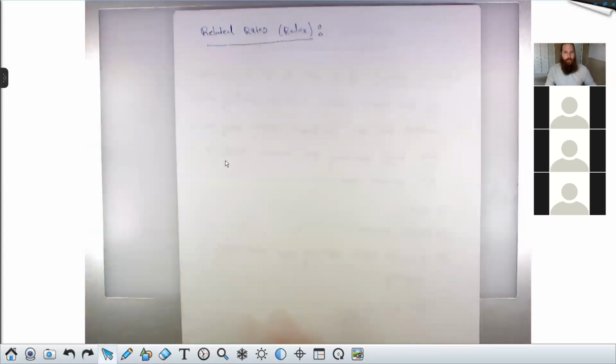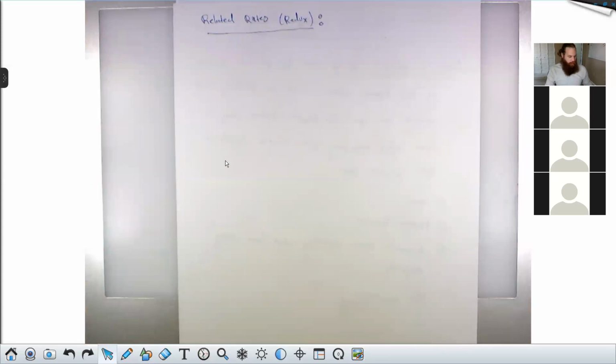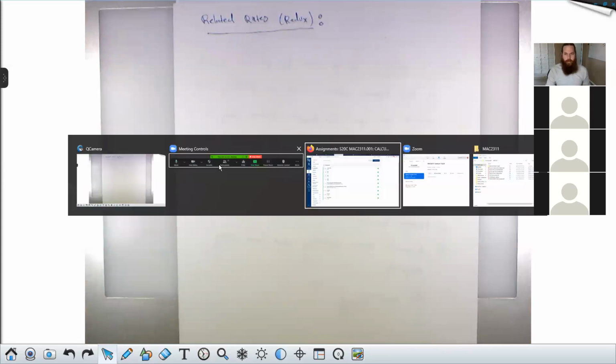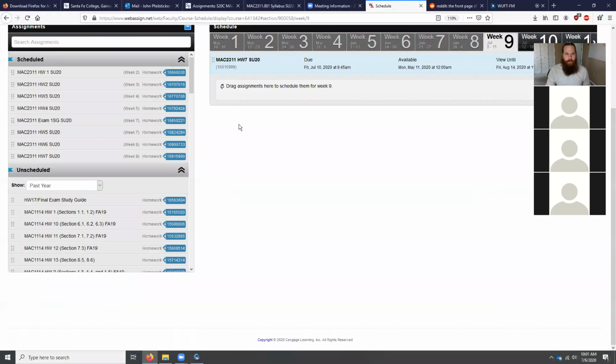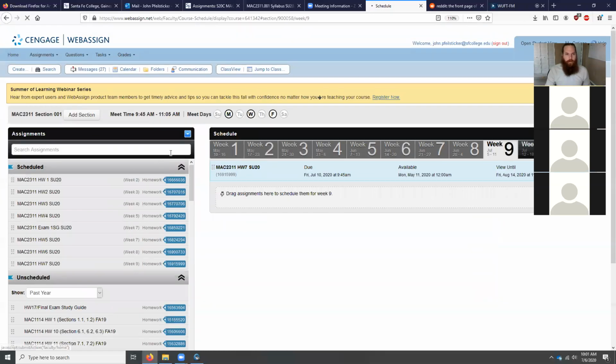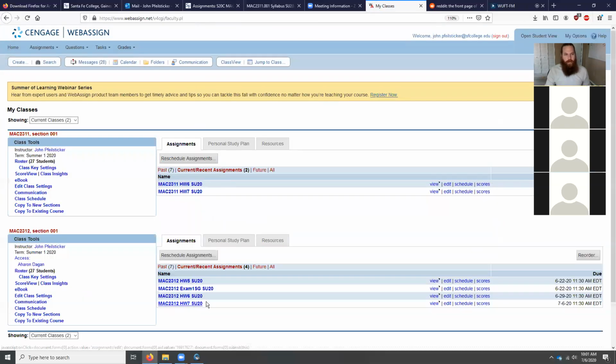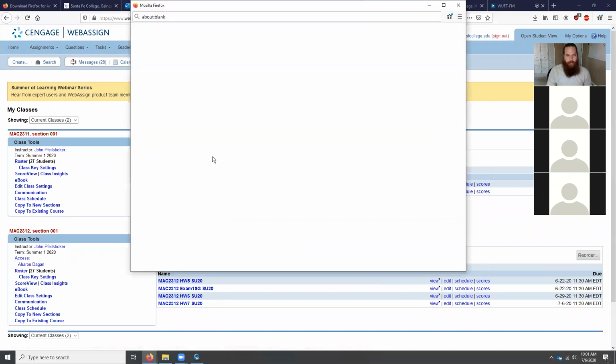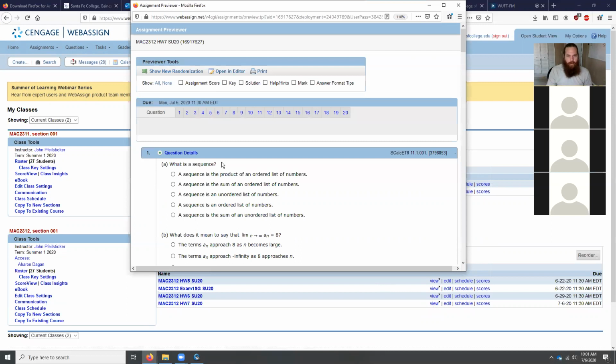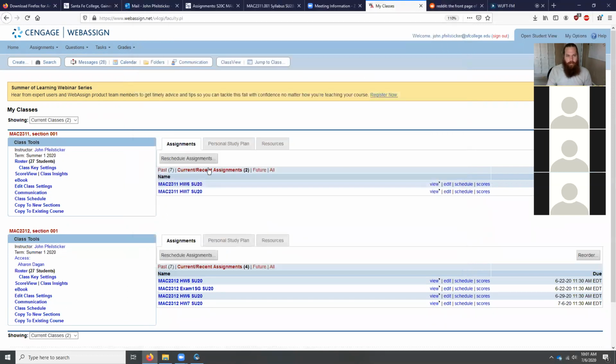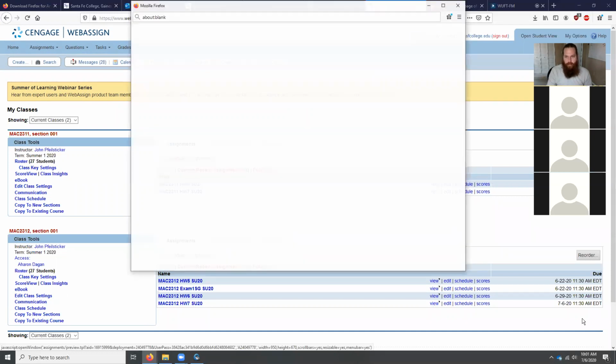So are there any particular problems from the related rates homework, that's homework 7, that you guys would like to take a look at? You can type them in chat there. I did go ahead and extend homework 7 to this Friday for anybody who hasn't been able to get it done yet. Seems like about a quarter of the class got everything done, but about half of the class hasn't quite got it 100% finished yet.